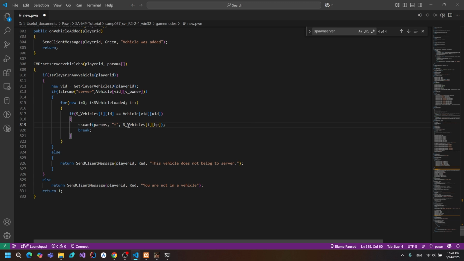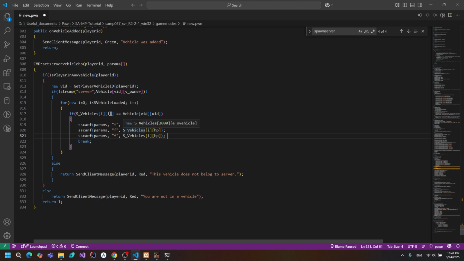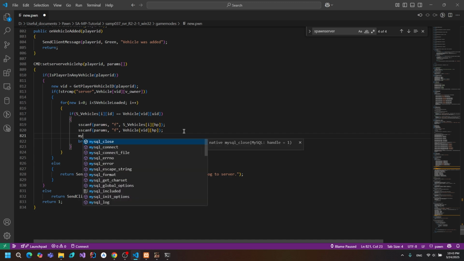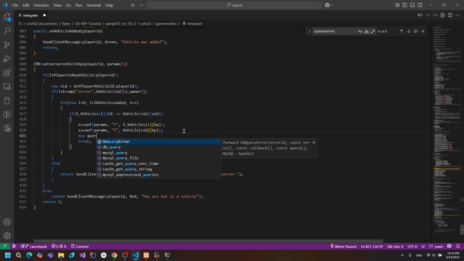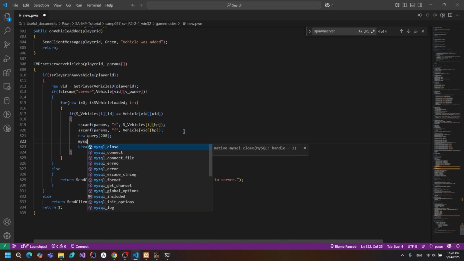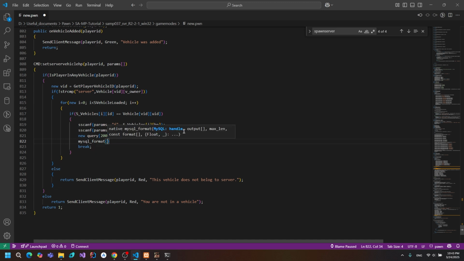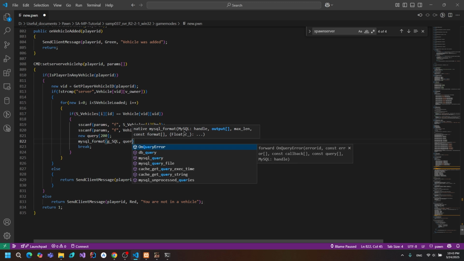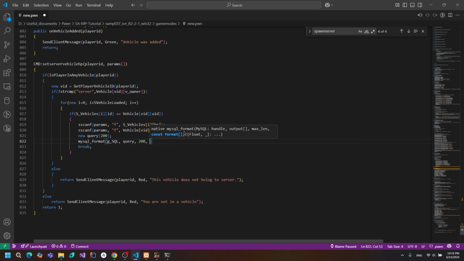So it's going to just stay right there, and same as this one, the vehicle VID HP, and the very last one, which is this, we're going to say that MySQL, so we're going to provide a new query, 200 last MySQL format global SQL, and it's going to be query 200, and it's going to be